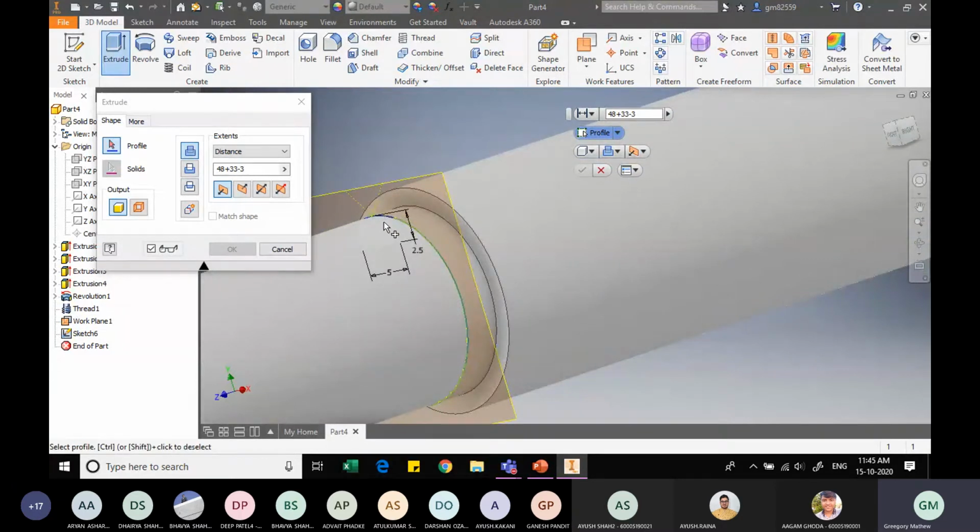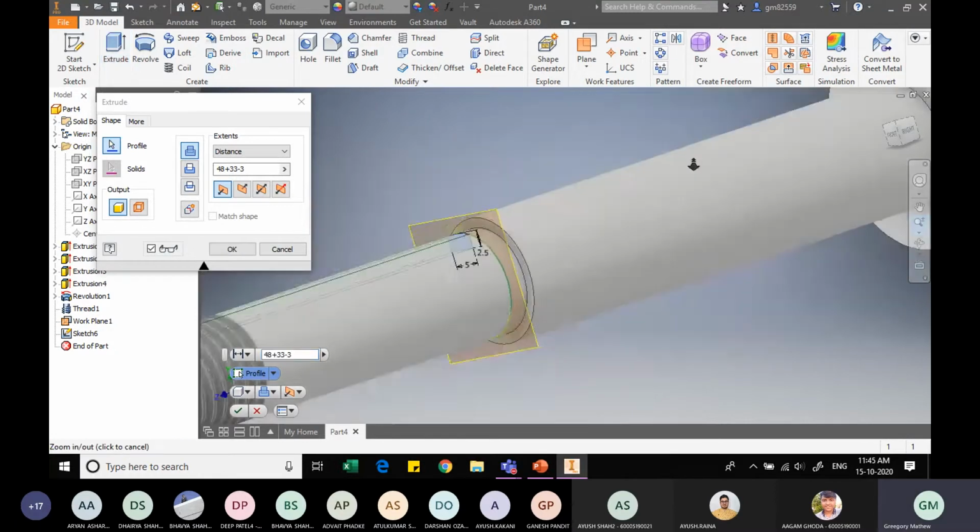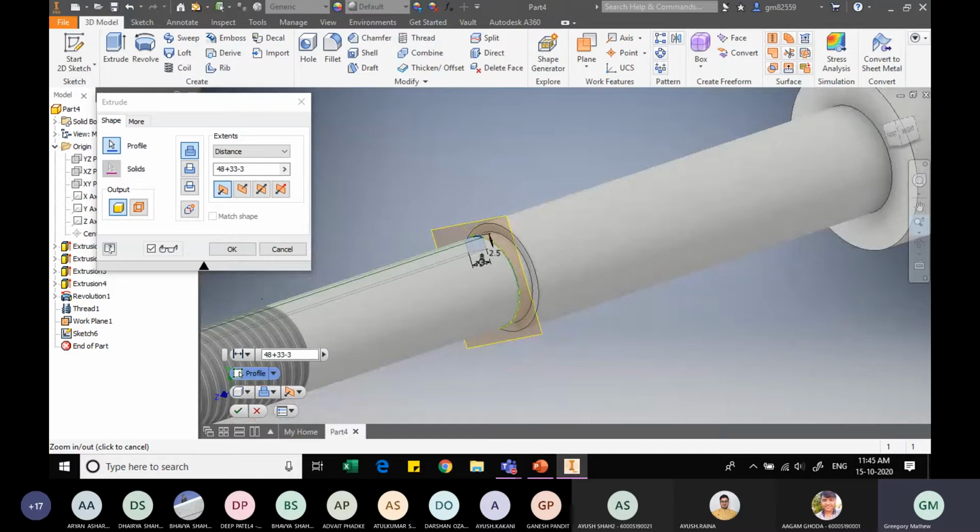And now I am able to. Are you able to change the shade? Are you able to witness the change or observe this change in shade according to the area that has been selected? So this is the area that I had to select. Now let me reduce the size so that you will get a view of how it is done. But I don't want it to be extruding completely. I just want it to extrude to a distance of 38 mm.